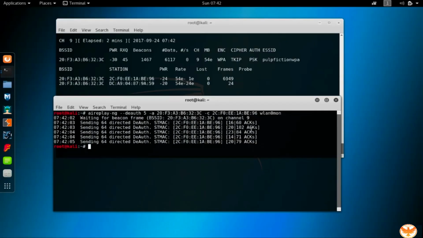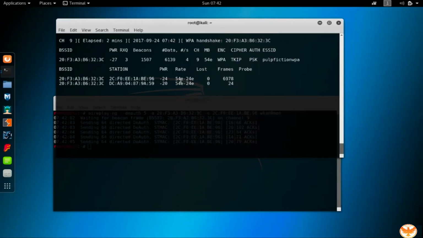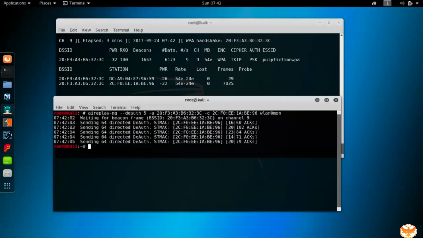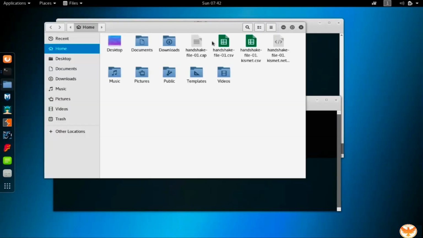As you can see, now I have sent those packets and we got the handshake. It got disconnected and reconnected, and airodump-ng got this handshake for us. Since we are writing this to a file, the handshake is now written in my .cap file. I can use that .cap file, handshake-01.cap, in order to